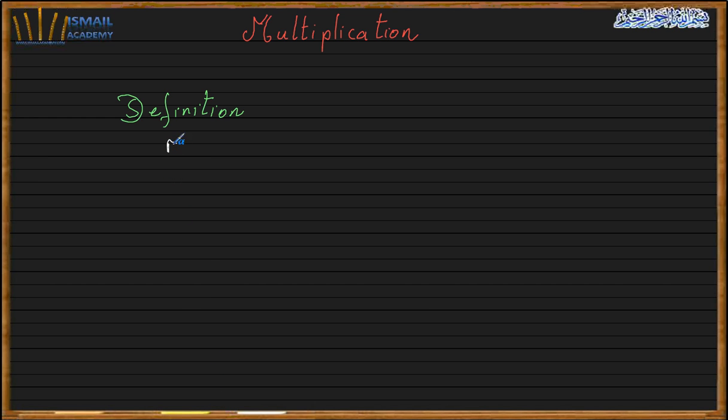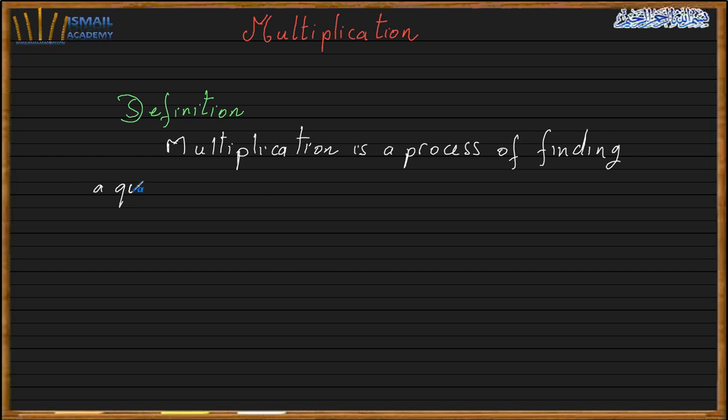Multiplication is a process of finding a quantity. This quantity is called the product,